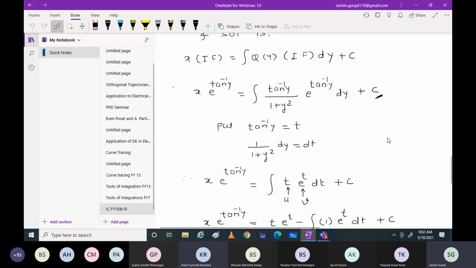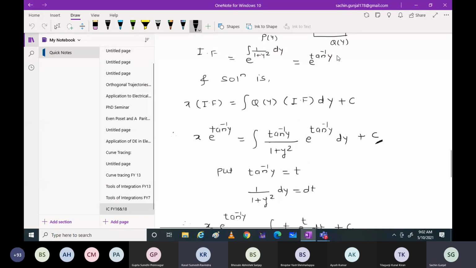Sir, so here it is written, if we take e raised to tan inverse y plus c here, okay, let me take it plus c. It will be there also, right, in the integration term. So this is e raised to tan inverse y into e raised to c, isn't it? Being addition, you can separate it like this. Here also, there will be e raised to c, correct? So I'll divide by e raised to c throughout the equation.